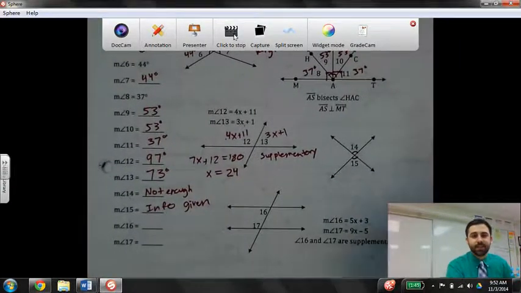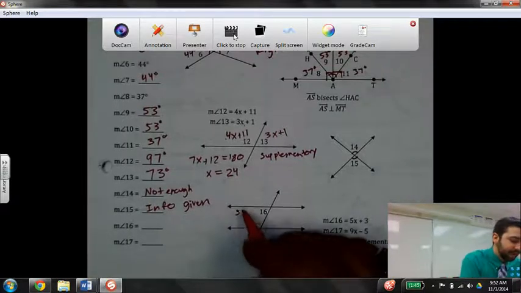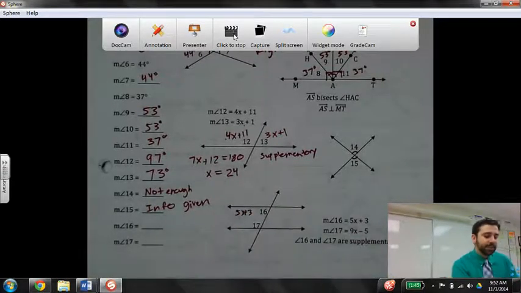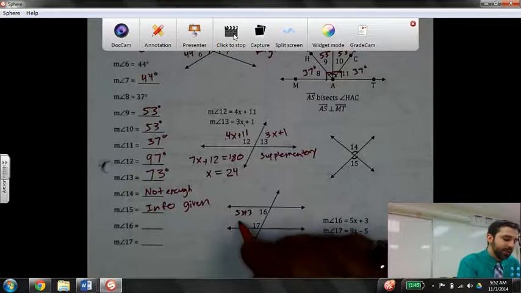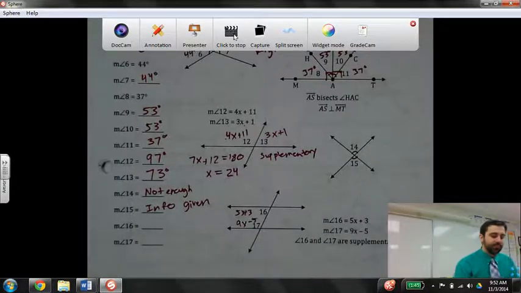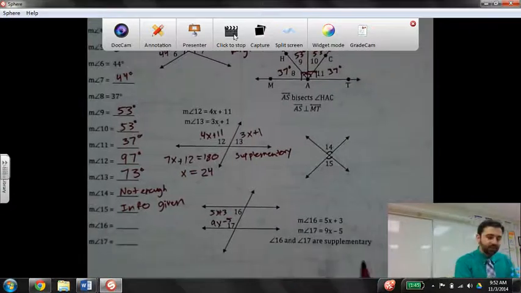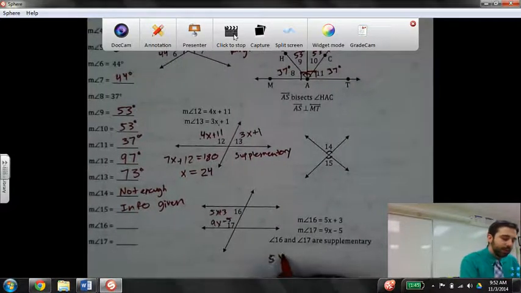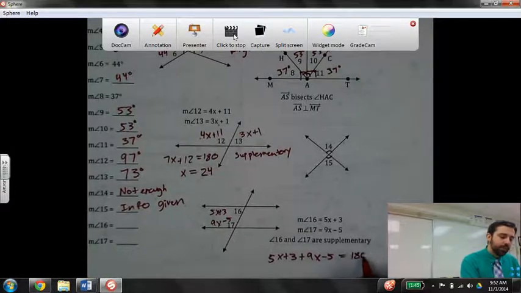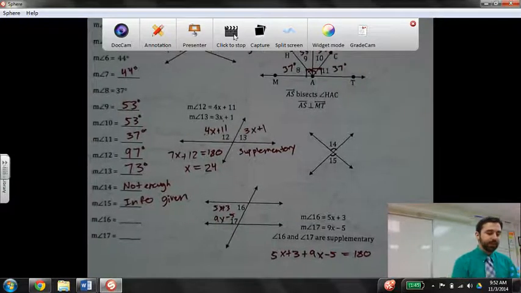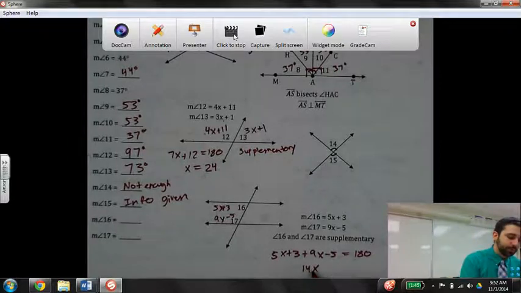So now let's look at 16 and 17. 16 is given by the expression 5x plus 3, and 17 is given by the expression 9x minus 5. And then we're also given that 16 and 17 are supplementary, meaning that when I add them together, their measures will equal 180. So then when I combine like terms and then solve for x,